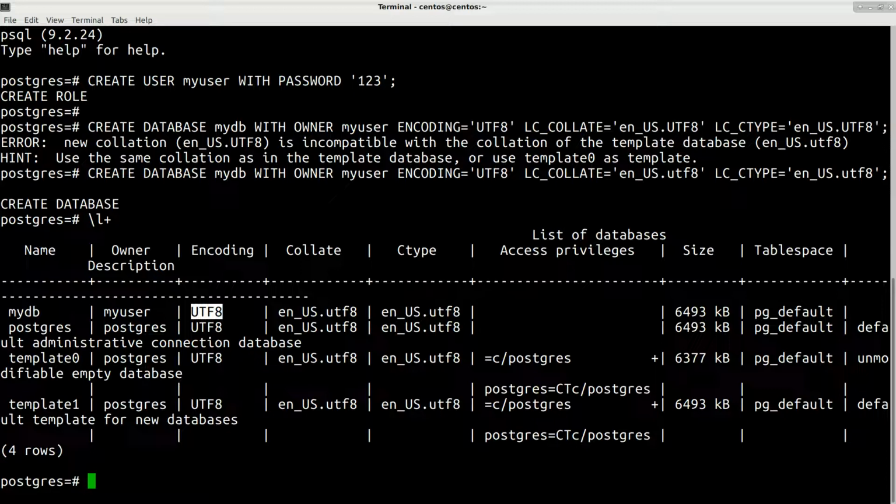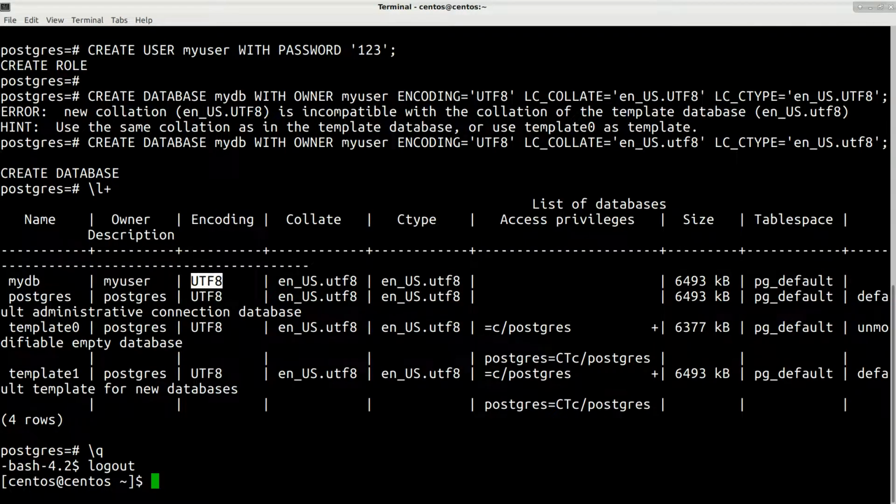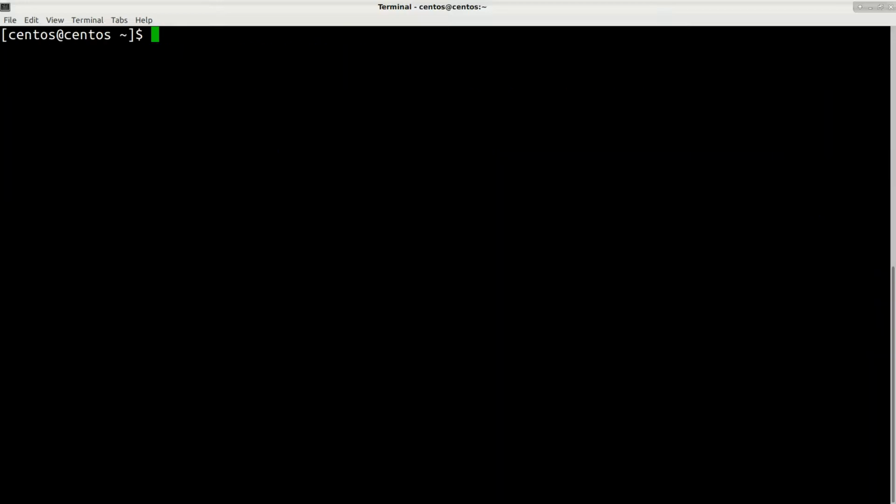Now let's use another way. I will log out and clear the screen. The second way how we can do that: we can also log in as the postgres user first, and now we can use a command directly from the Linux shell, not from the database shell, which is called createuser,